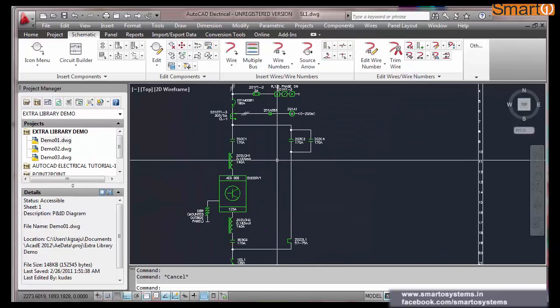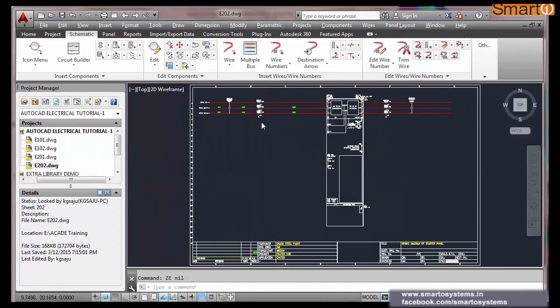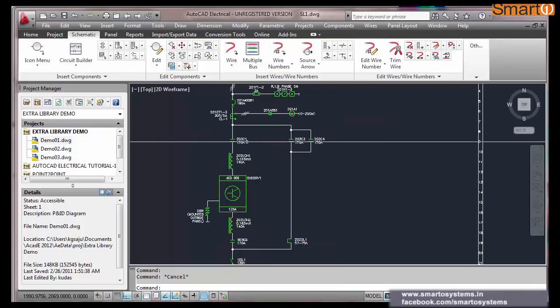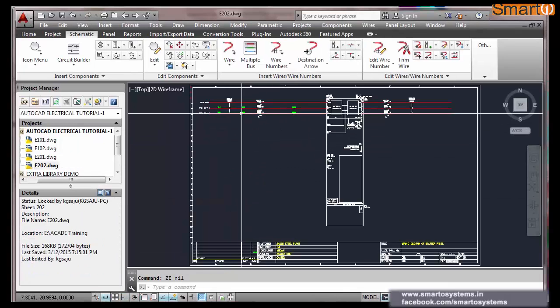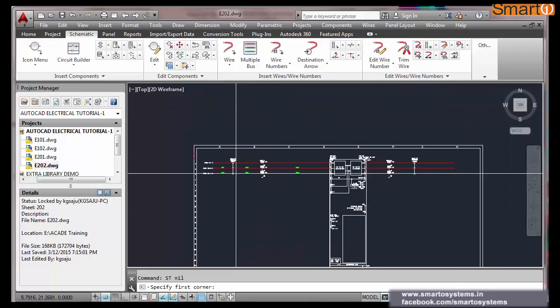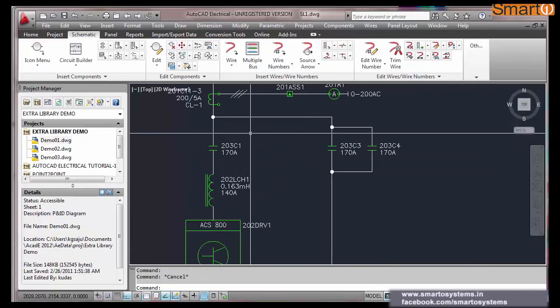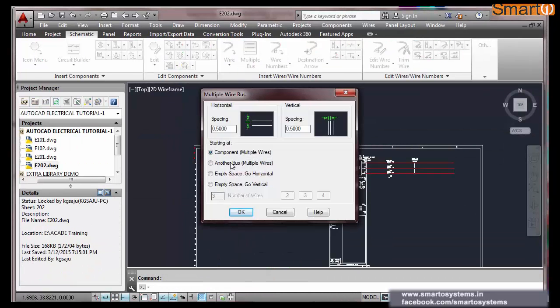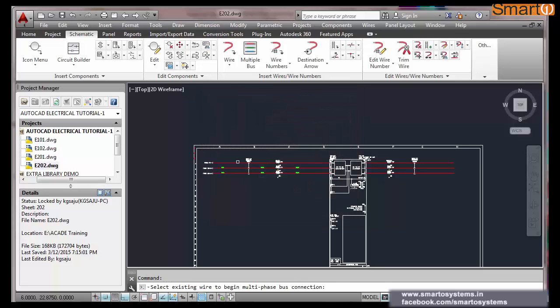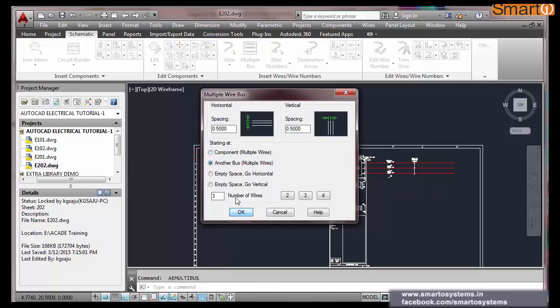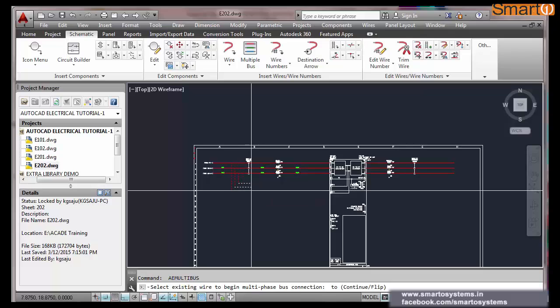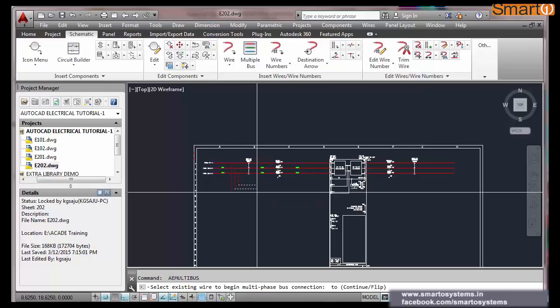Now the bypass circuit. Bypass, before contactor we have to take the supply. So what I will do is I will take from another bus. Another bus. Little bit here.